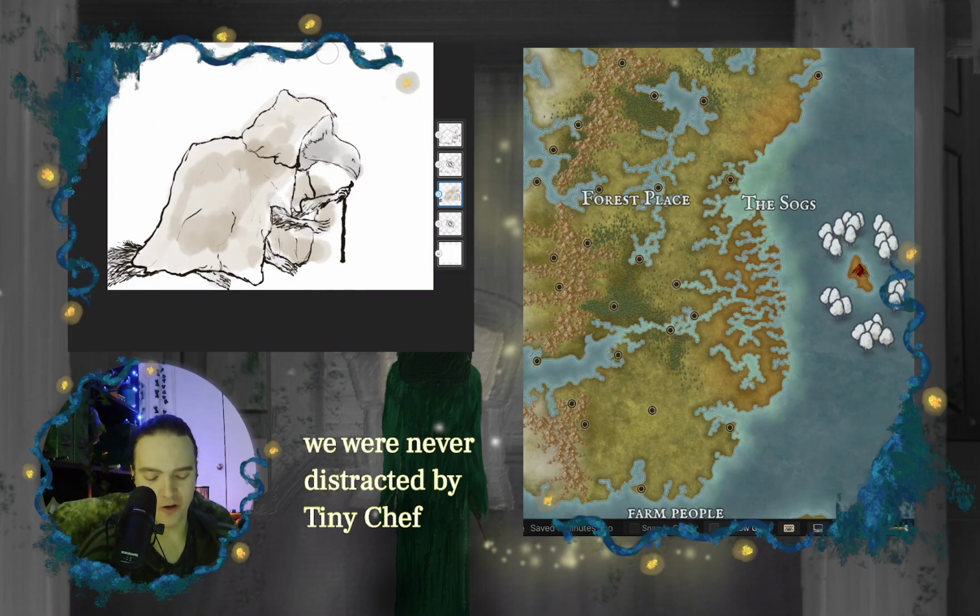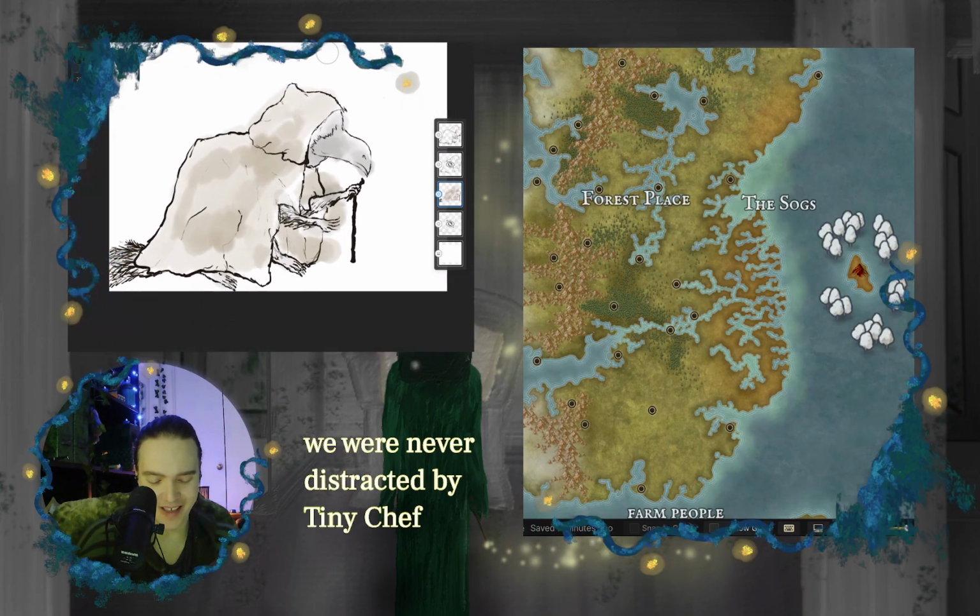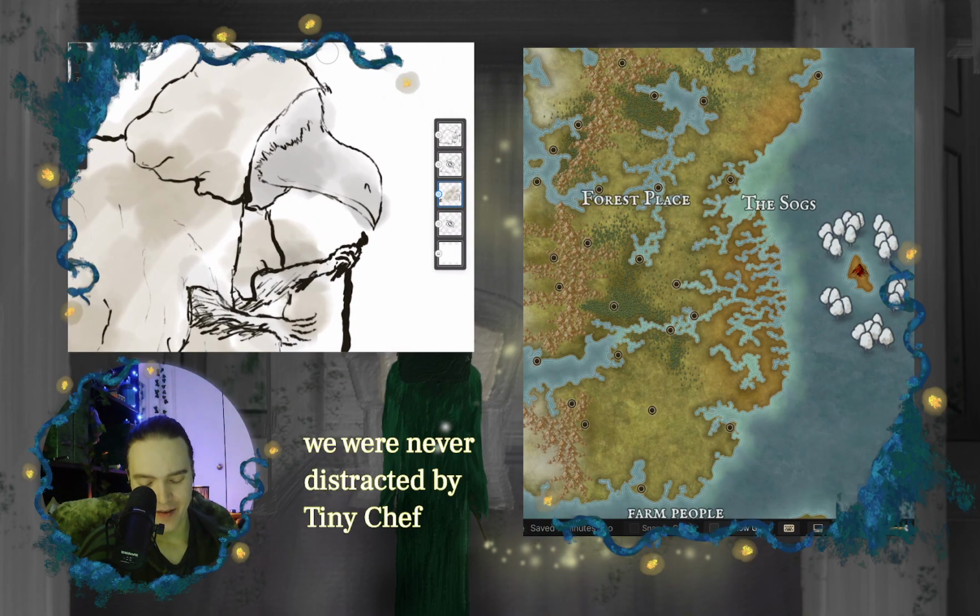I always have this habit of drawing whatever I'm drawing so far towards the bottom of the screen that I have all this room at the top. I don't know why that is, but I always do it.